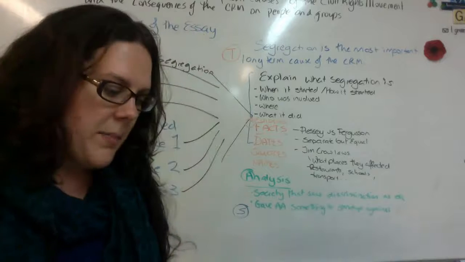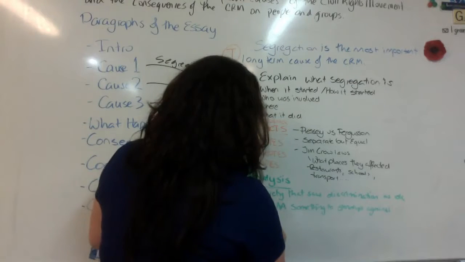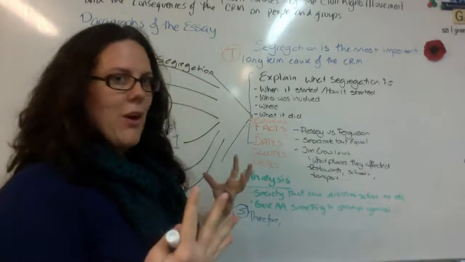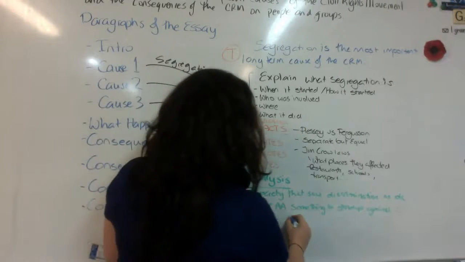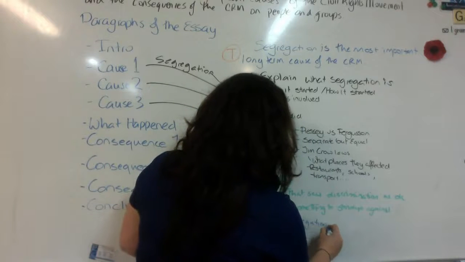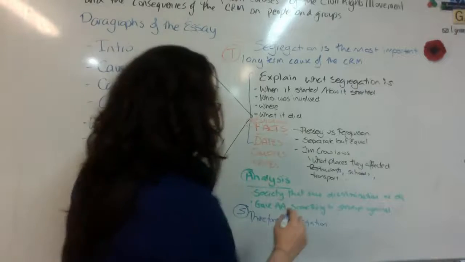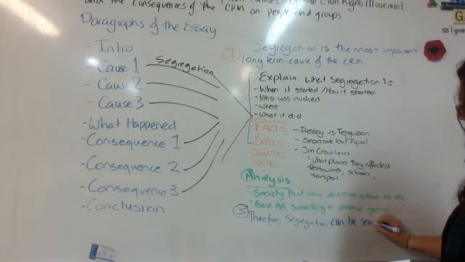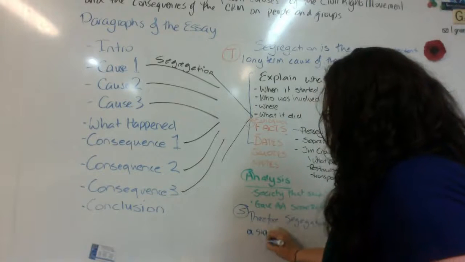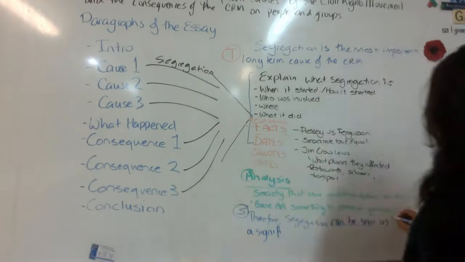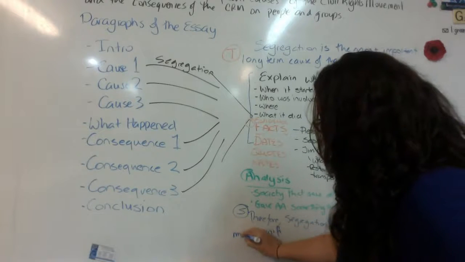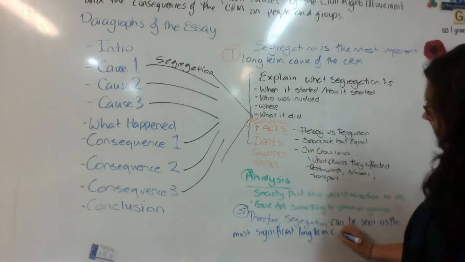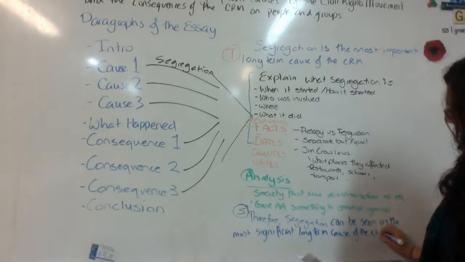So our summary sentence might be something along the lines of, therefore, or thus, or as a result. This makes you sound like you're really bringing it back home. Therefore, segregation can be seen as a significant cause. I'm going to come over this side. As a significant, or as the most, wanting to be really strong, most significant long-term cause of the civil rights movement